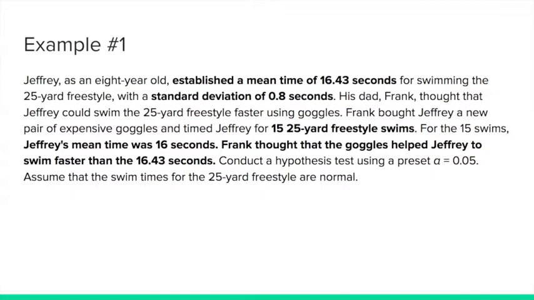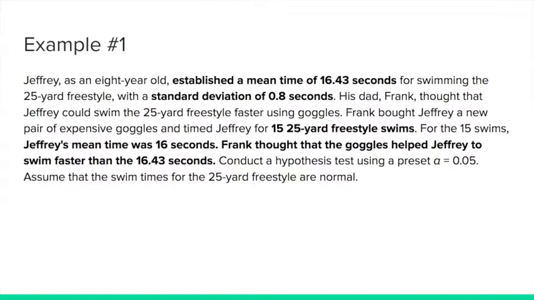Okay, so his dad gives him some new goggles, and he times him 15 times in this 25-yard freestyle, and his mean for that 15 runs was 16 seconds. And so Frank thought that the goggles helped. So we want to conduct a hypothesis test to see if that 16-second average for the 15 swims is actually statistically significant. Okay, so we're going to use an alpha value of 0.05, and we'll assume that the distribution